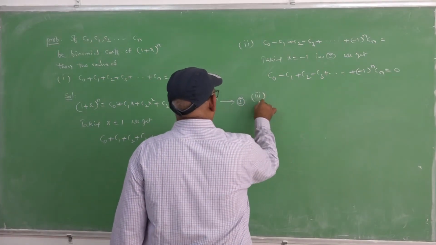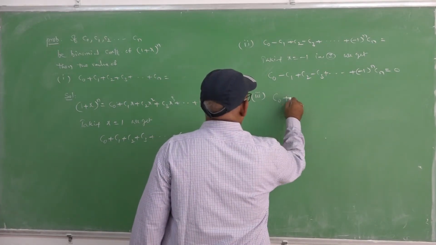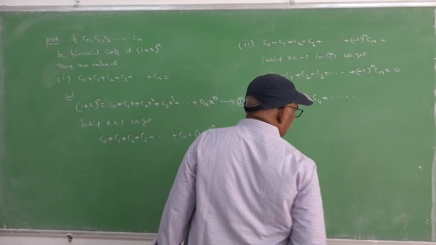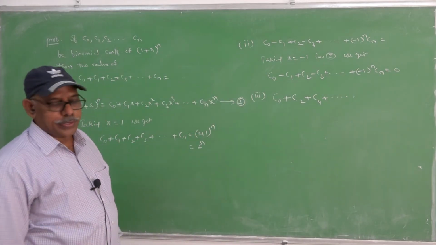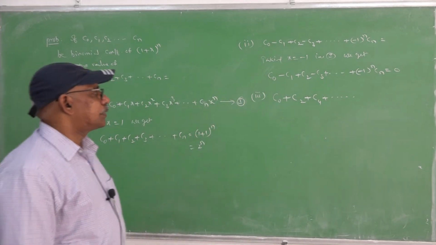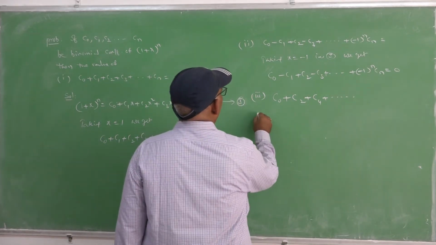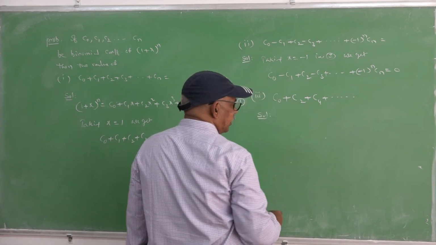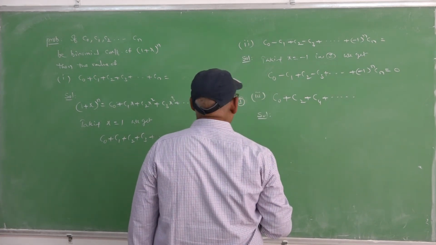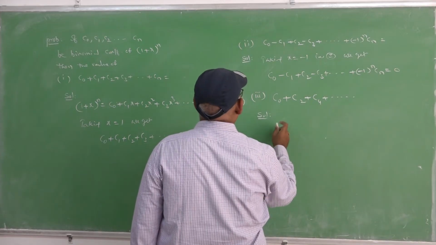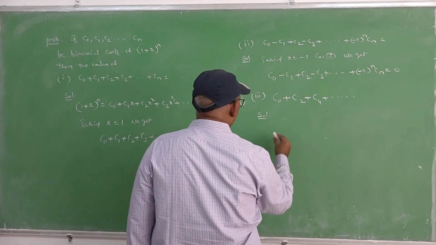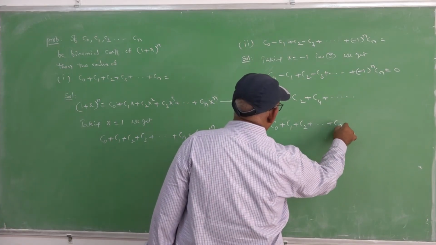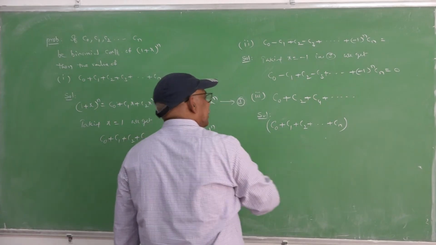The third value is the value of C0 plus C2 plus C4 like this, only even suffixed binomial coefficients. To get even suffixed binomial coefficients, here the solution is taking results 1 and 2: C0 plus C1 plus C2 and so on Cn, this result, plus